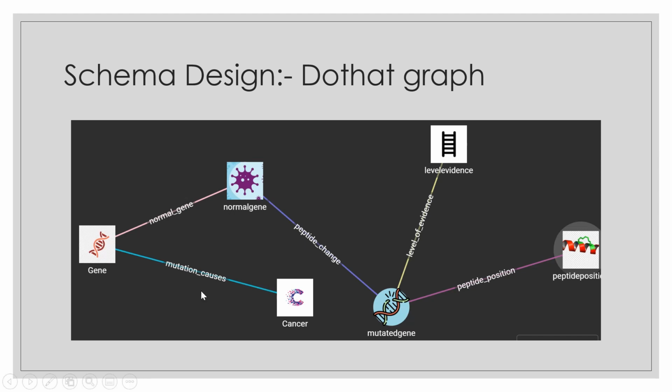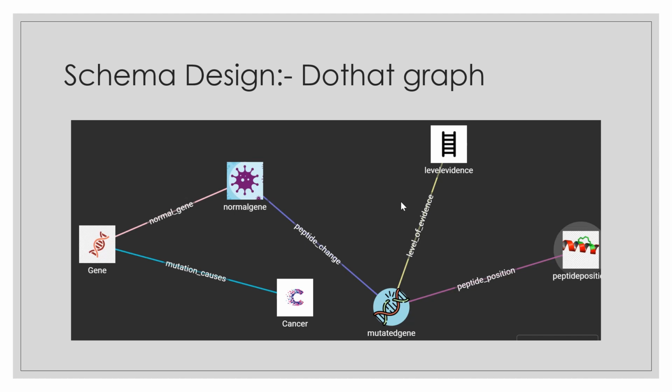It goes through basic steps where the gene has a normal gene position, and when there is a rapid change in the gene position, it goes to a peptide mutated position. So there is a peptide position change when the gene changes from normal to mutated, and